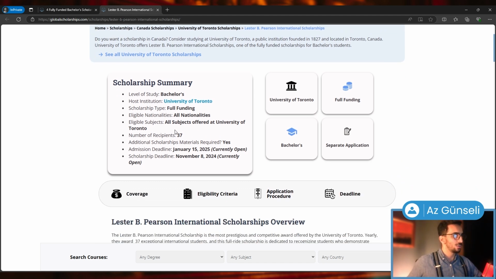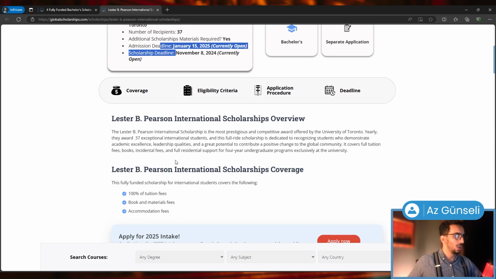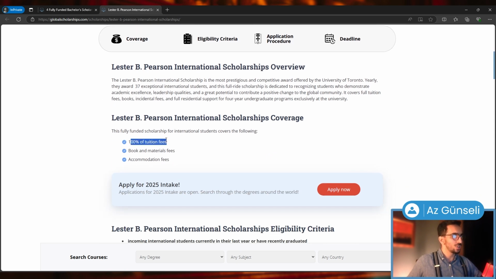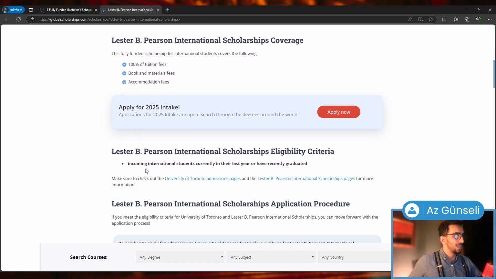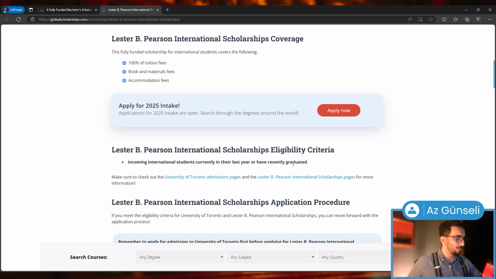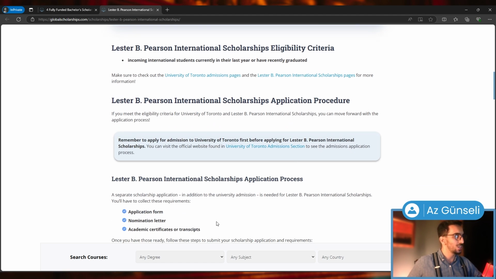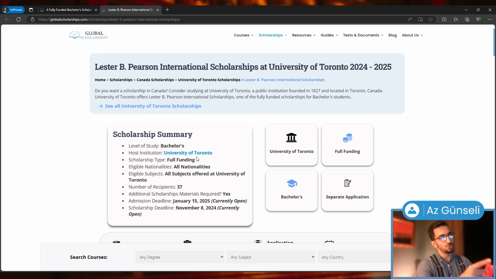Bachelors, University of Toronto, full funding. This has a specific number of recipients and specific deadlines. And coverage, 100% of tuition fees. Again, as you can see, book and materials fees and accommodation fees. This doesn't give you a living stipend. So you would have to work for that. Or, of course, you can have your own funds. We have eligibility criteria. Incoming international students currently in their last year or have recently graduated, right? We have the application procedure. Obviously, you can also go to University of Toronto